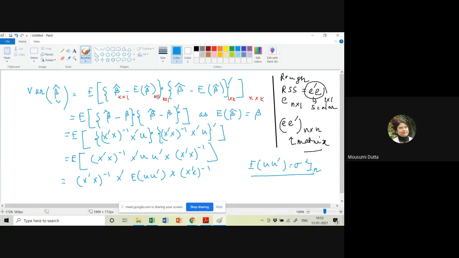Basically, we are talking about the variance covariance matrix of the error term, so there is the joint assumption of homoscedasticity and non-autocorrelation. So sigma square is a constant, so we can